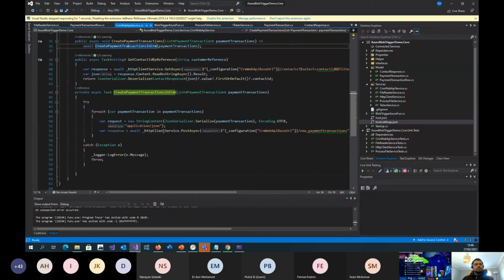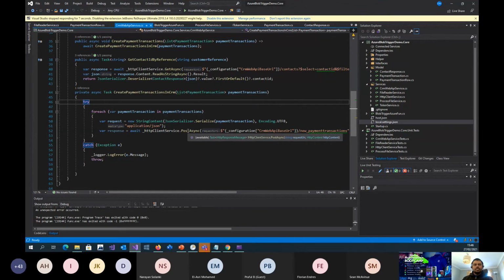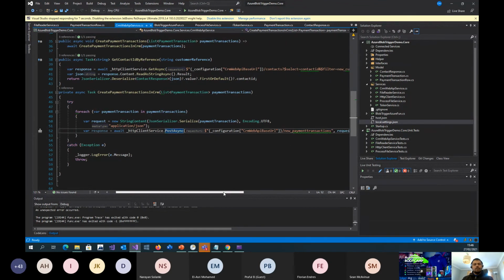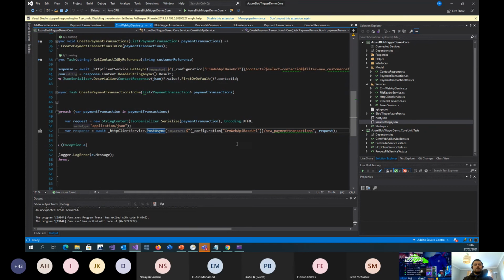So there is a function here to create a payment transaction. Now, this list is actually the one we converted from the CSV file. So we come here with the CSV content as a list of payment transactions, and then we are doing a post async operation here